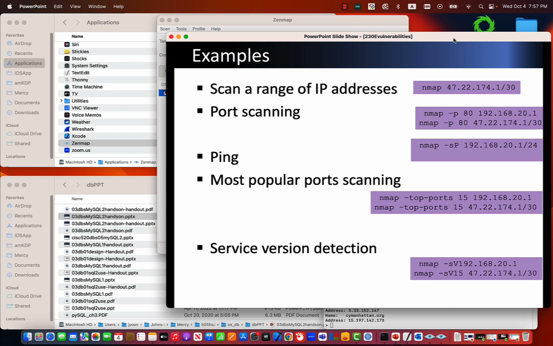So 4 bytes used. 1 byte is nothing but 8 bits, right? So 4 times 8 means 32 bits. 32 bits are used to represent one IP address. So 47: first 1 byte used to represent 47, and second byte to represent 22, third byte 174, fourth byte 1, and out of 32